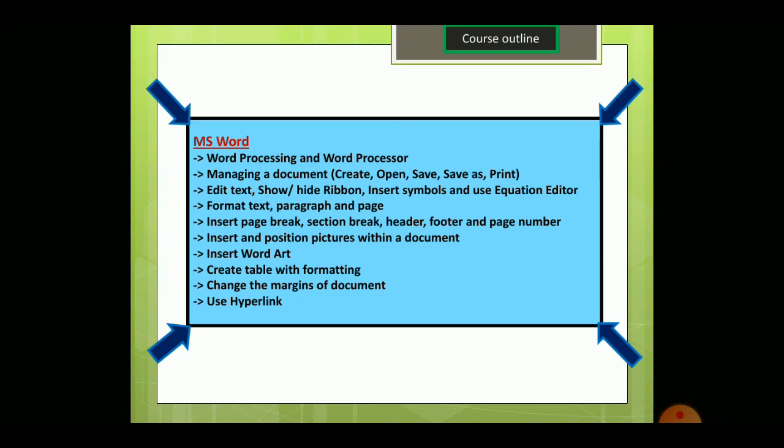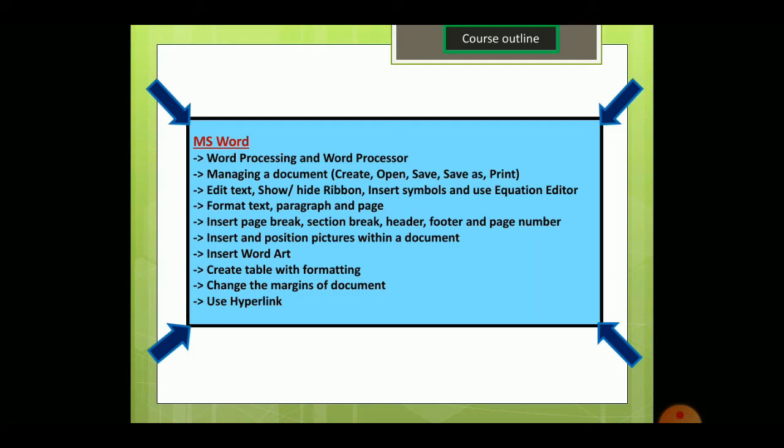Then we will advance into more complex functions like inserting page break, section break, and header and footer, and then we will learn some more fun